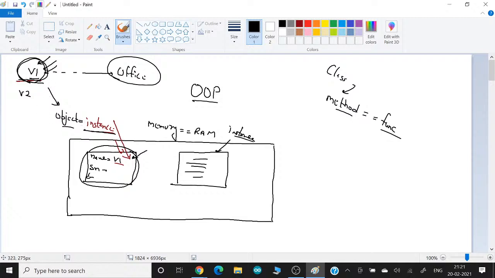We use objects, and the part of the data or part of the RAM where we keep the information of this object is normally known as an instance. But otherwise you can use the word object or instance, both words have a similar kind of meaning. So this concept, guys, I already explained to you, but